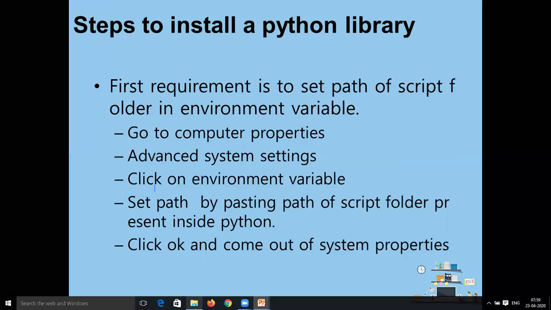To set the path variable, we have to go to the computer properties by right clicking, then go to the advanced system settings and click on environment variables. There you will see two windows, and then you have to set the path by pasting the path of the script folder present inside the Python folder. Now click OK and come out of the system properties.